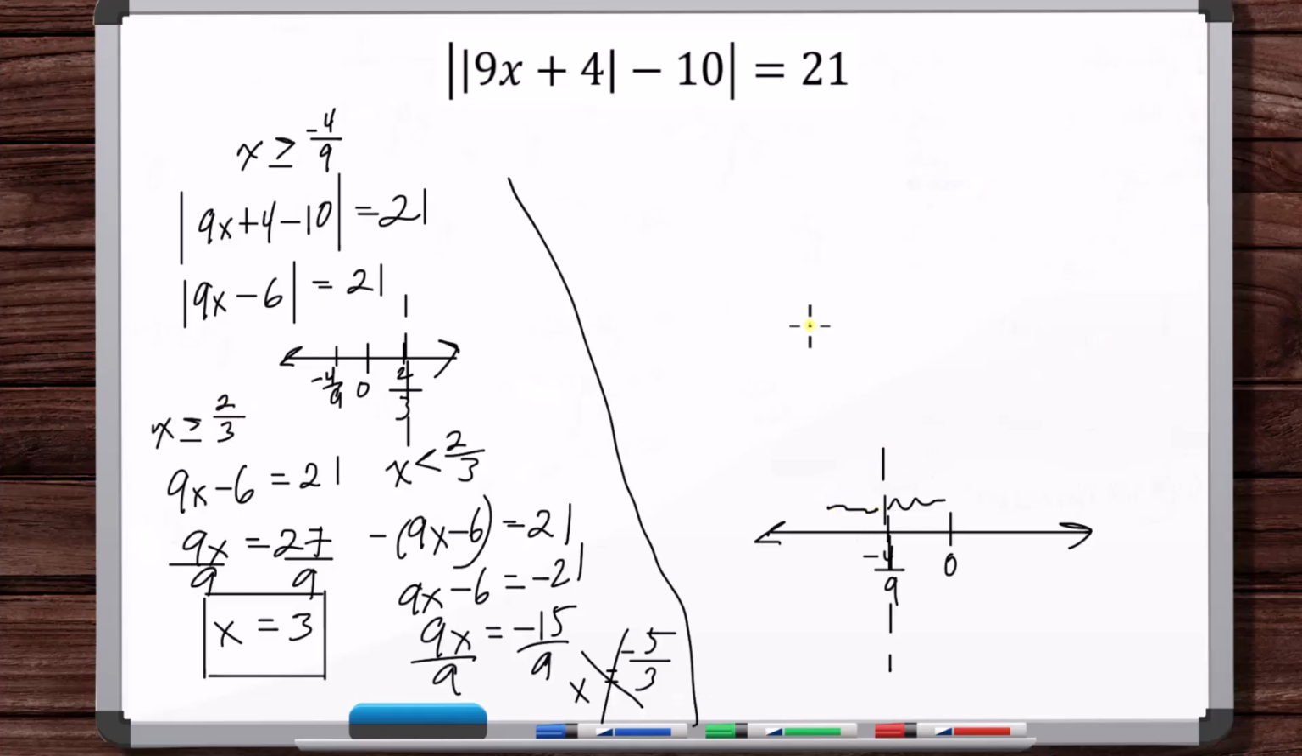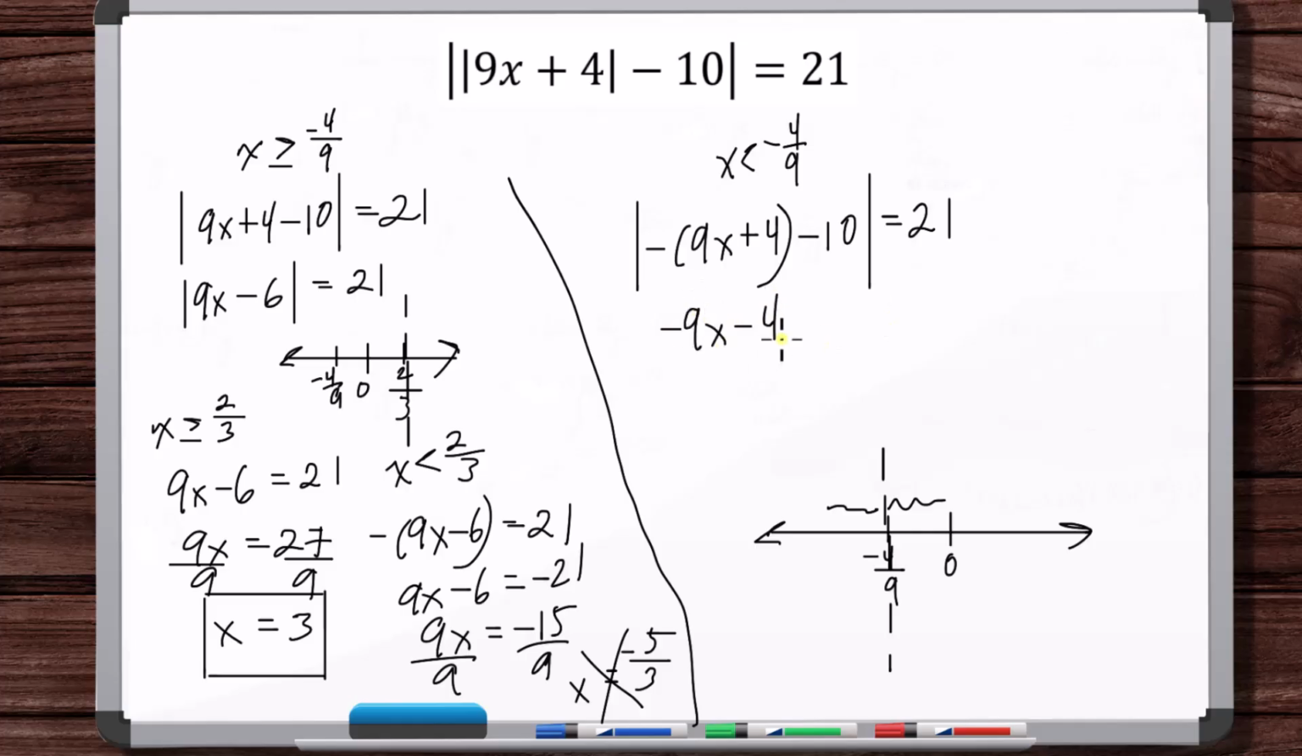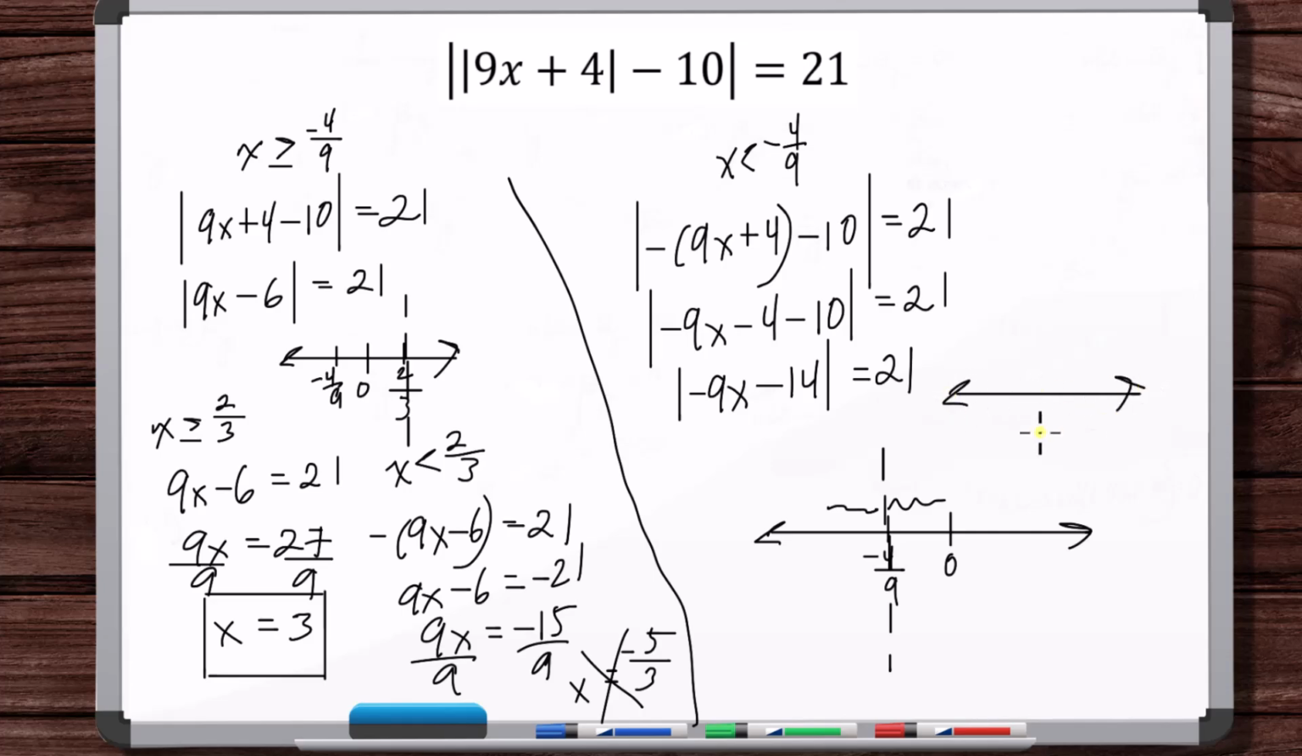So now we need to analyze when x is less than -4/9. In that case, 9x plus 4 is always negative, so we do this. Okay, so minus 9x minus 4 minus 10. Okay, minus 9x minus 14. Okay, so at x is equal to -14/9